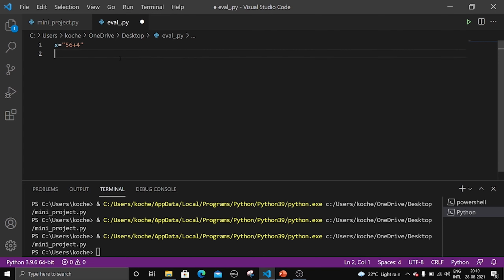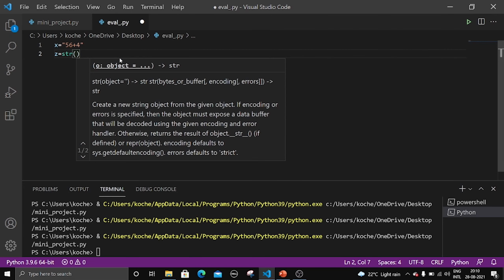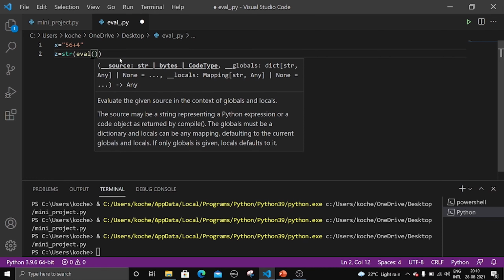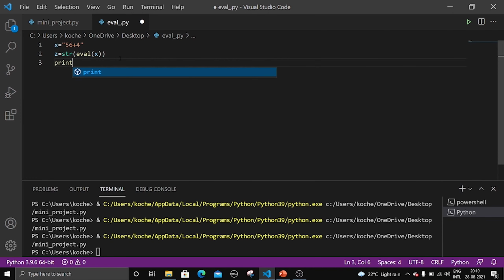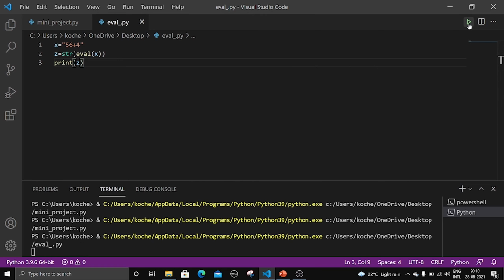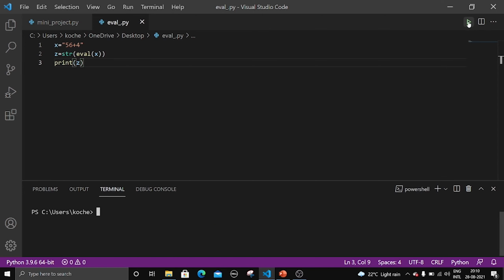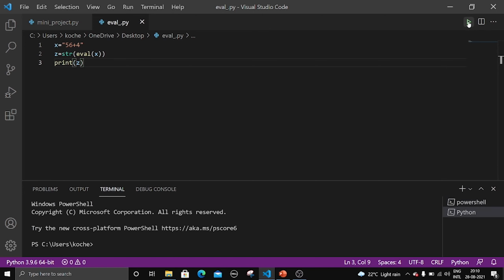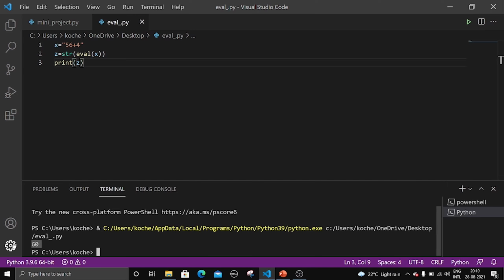And now I write z equal to str of eval of x. Let us just print z, and let us run it. Just a minute, it is being executed. Yes, we got it, 60, right?